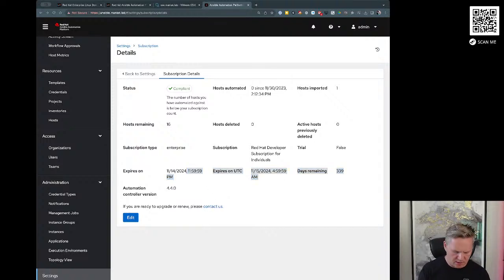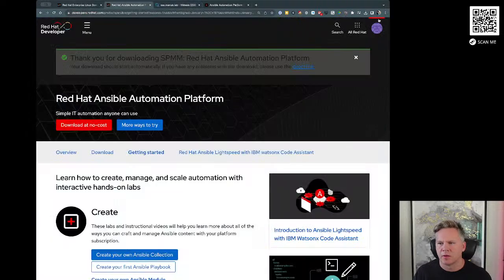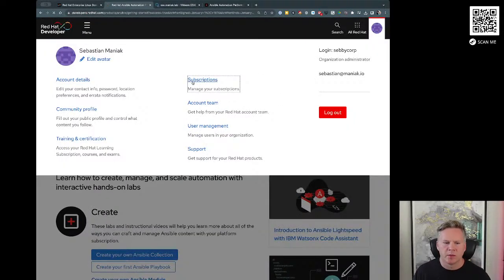And if you go to, I think it's access.redhat.com, you'll be able to see all your subscriptions. So if I go to my Red Hat portal and I go to my subscriptions,